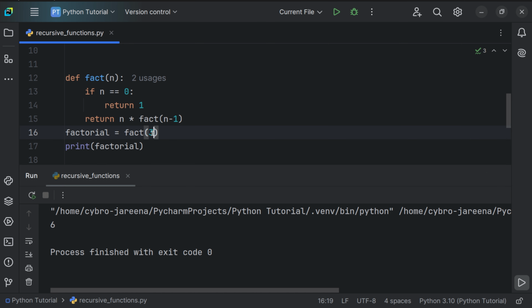Now let me change it to 5 and run this. You will get the result as 120. The same procedure is used to find the factorial here. If you want to find the factorial of 4, you can just change the argument, and you will get the result as 24. So it's that simple to use a